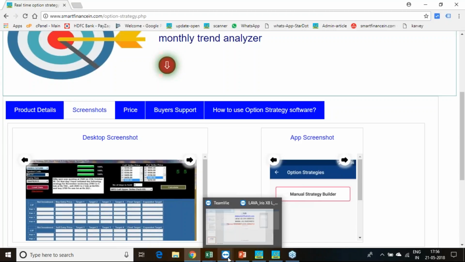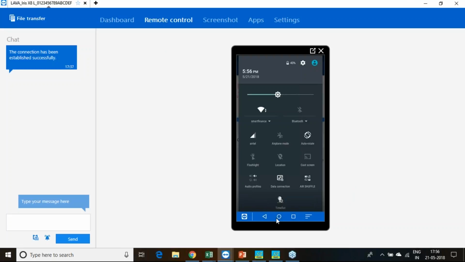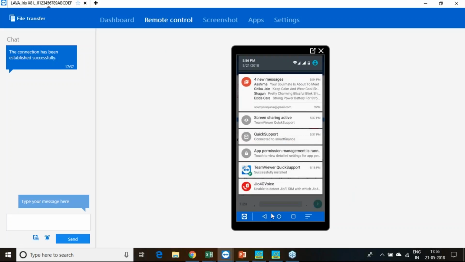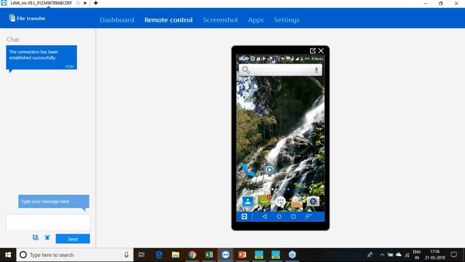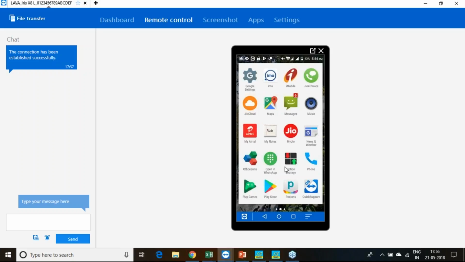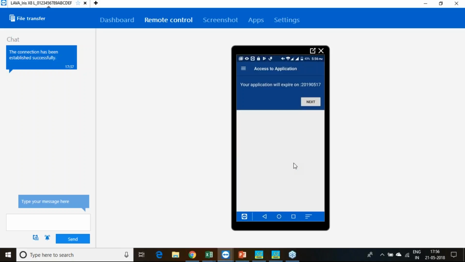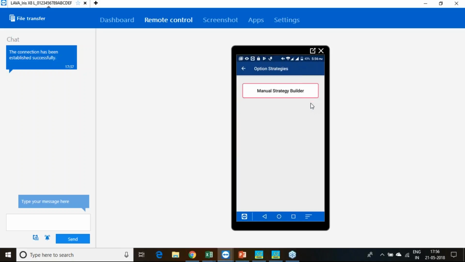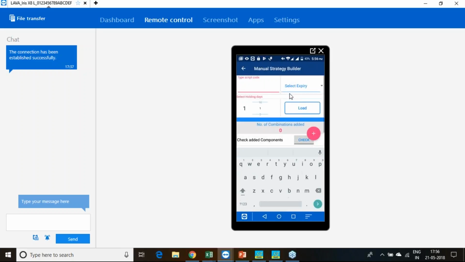So I'll take you through that particular software a little bit. I am just in TeamViewer, presenting that software to you. This is the logo of the software. Once you go in, only one feature has been added so far, and we will soon be adding other